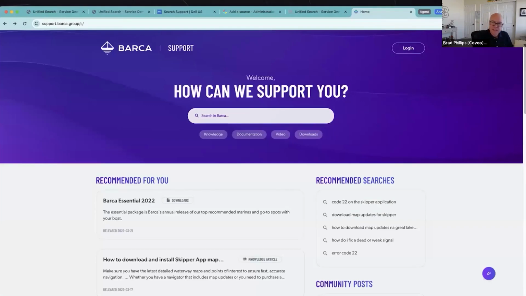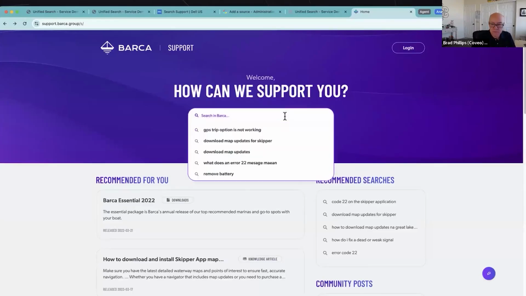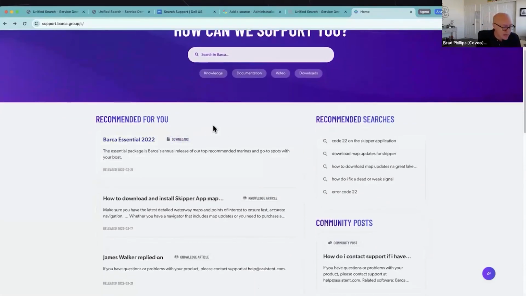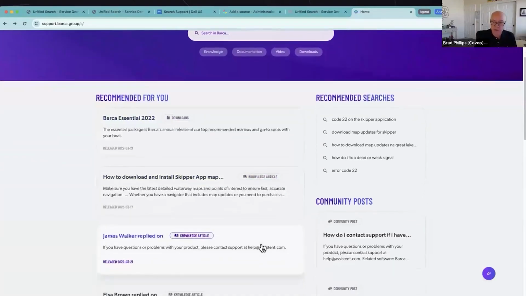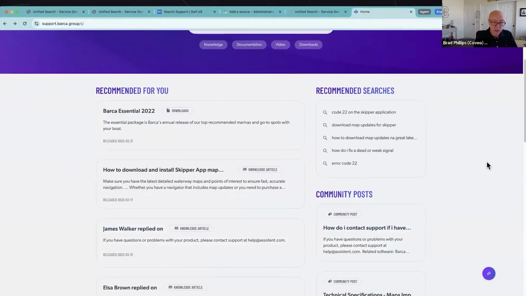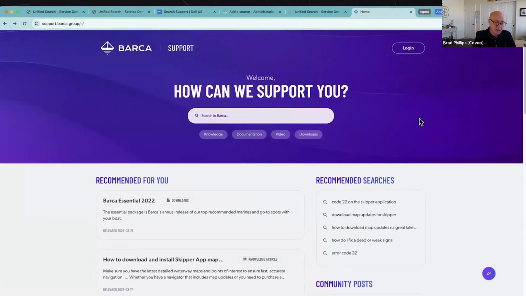So here's John. He's visiting Barca's new Coveo-powered single pane of glass site where he can find these answers, solve his issues. Right up here at the top, with this personalized unified search, we're going to go deeper here, but John can jump right in and start asking questions. But you might have noticed on the page here, Coveo is also providing these AI recommendations. So this is using John's session behavior. You might have noticed John has not yet logged in here, so we don't truly know who he is. We're using his session behavior, his browser information, and we're combining that with other user activity to begin personalizing. So we can go a lot further though.